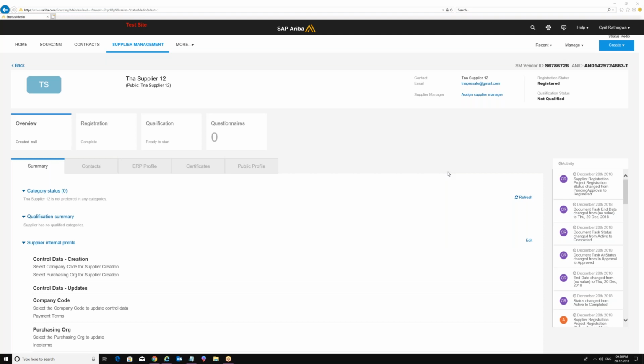Now, once you go live, some new suppliers will come through the Ariba URL link, which will be there within your corporate URL. After looking at that, the new supplier is going to write to the supplier team or vendor team.